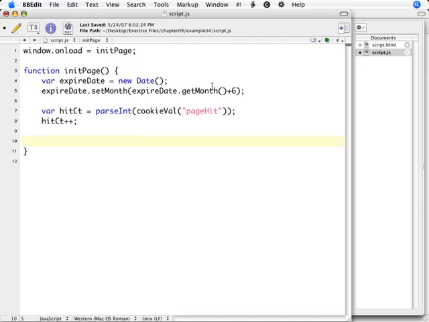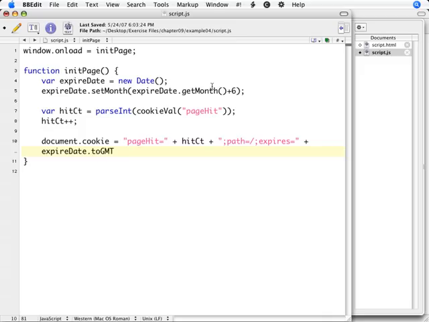Then we set document.cookie equal to page hit equals plus our new hit count plus path equals slash expires equals add on expire date dot to GMT string. Remember, expiration dates need to be in GMT format, and that just wrote out a cookie. Now we need to do document.getElementById